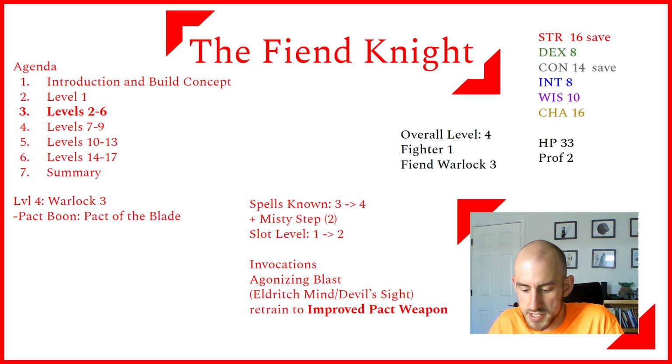Now, what this does is it basically lets you bond with a weapon. You can either conjure a spectral weapon of your choice and you become proficient with it, or you can bond with a weapon you already have, and you can shunt it into an alternate dimension and basically summon it. So you can do things like,